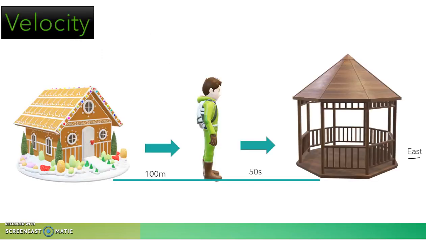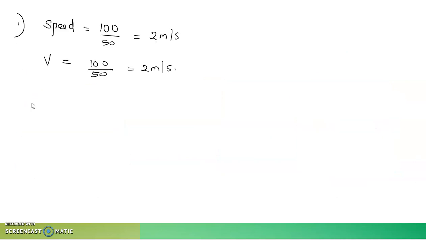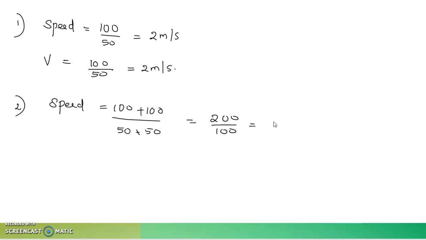Now let's come back to the situation where this boy is coming back to his initial position. So this is case 1 and this is case 2, where he comes back. That means he is traveling the same distance of 100 meters. Okay. So speed is equal to 100 plus 100. And I mentioned that he takes the same time for the return trip. That is 50 plus 50. So that's equal to 200 divided by 100. That means he is traveling with the same speed, 2 meter per second.